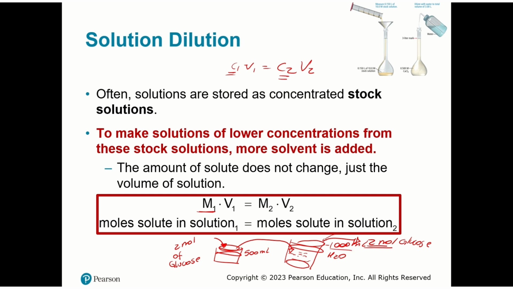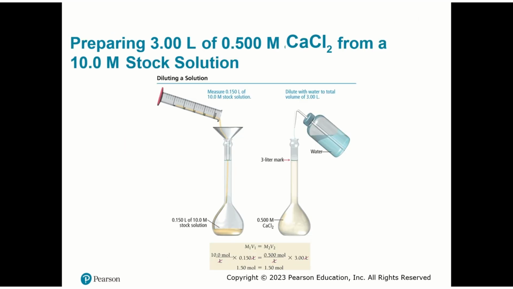So this is why this equation works, because the number of moles will remain the same. The thing that will change is the final concentration, because I'm increasing the quantity of solvent. Dilution is the process whereby the concentration of a solution is lessened by the addition of solvent, like over here. So if you use the dilution equation, you can calculate that we need